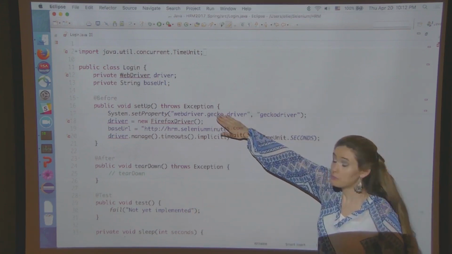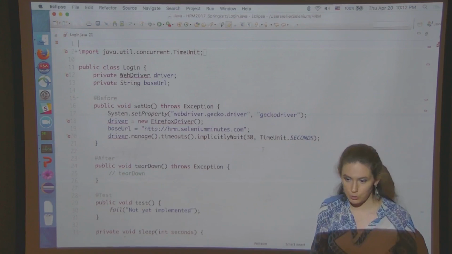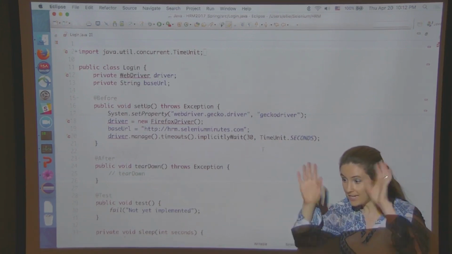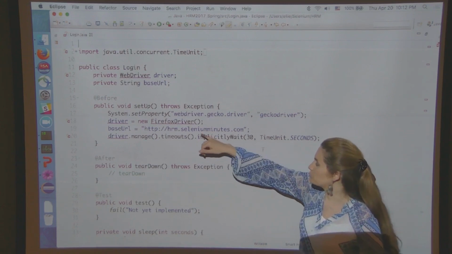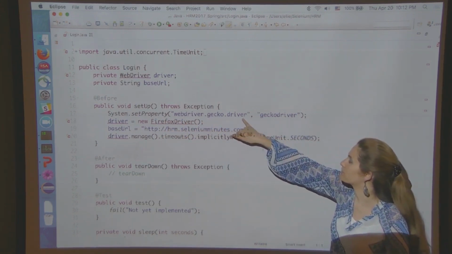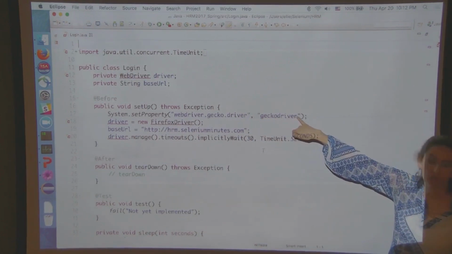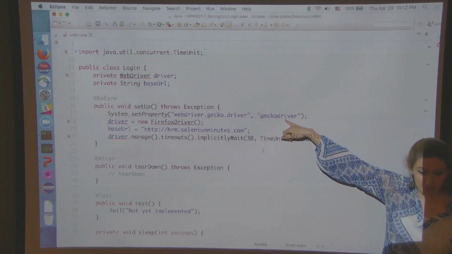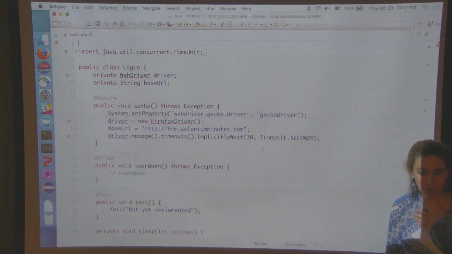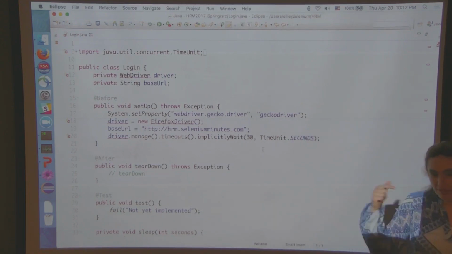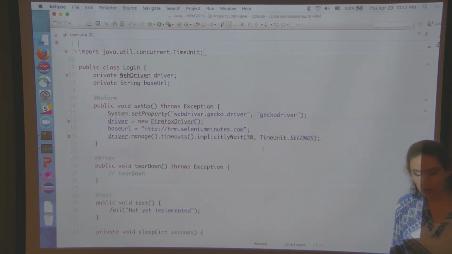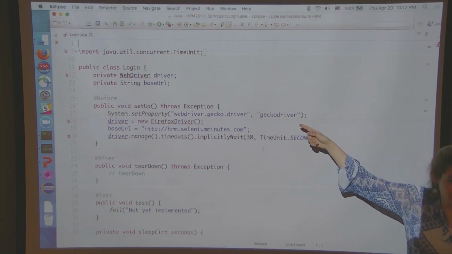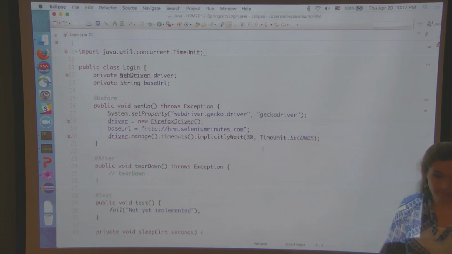So it needs to be able to find where Gecko driver is. It doesn't know that you put it inside the project. You need to tell it, hey, it's inside the project. So this is what you could do. You're going to say System.setProperty, webdriver.gecko.driver, comma, and then the location of your Gecko driver. If you were like me and you just dropped it into your project, you just leave it the way it is. If you left it in your downloads folder, or created a folder under your project, or put it on the desktop, then you have to specify the path to Gecko driver. Make sense? And you need to add .exe on Windows.